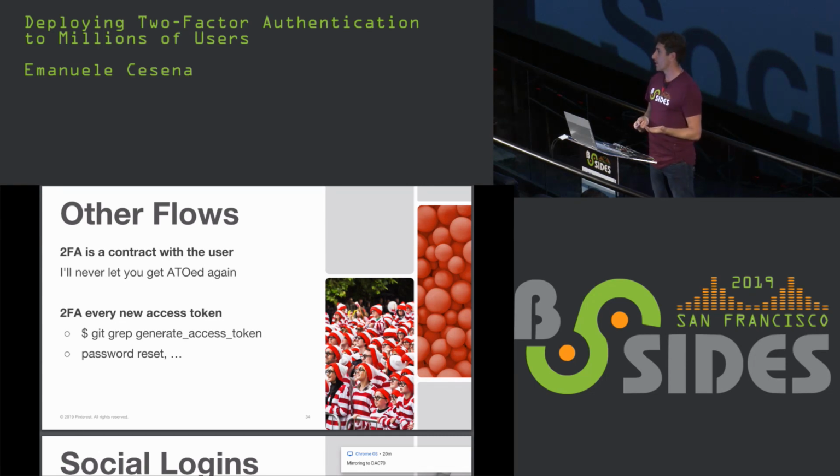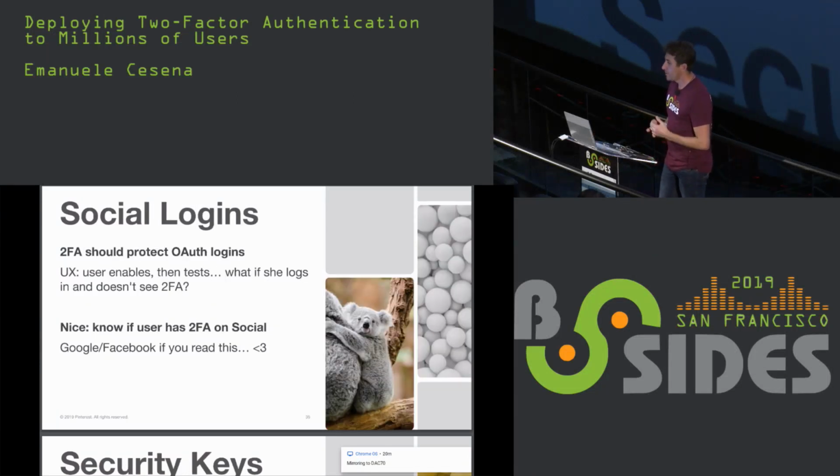One important one is the password reset. To reset the password, the user should verify 2FA. And another big one, I think, is social login. So in Pinterest, if you log in with Facebook or Google, you are going to be requested two-factor authentication, again, for the